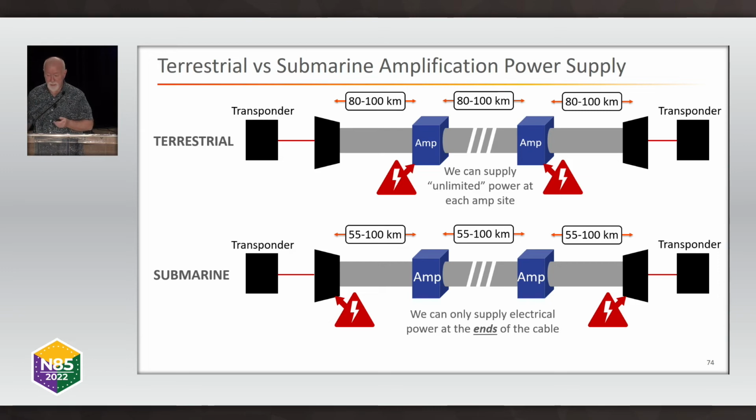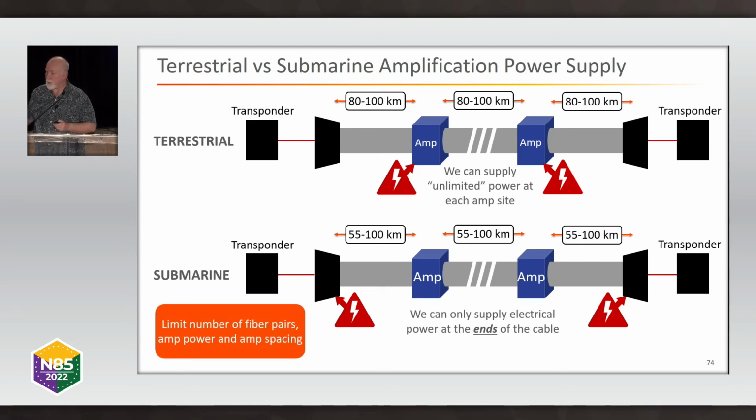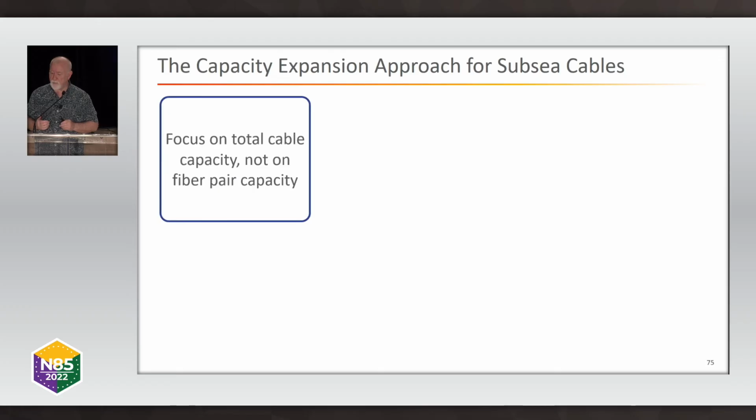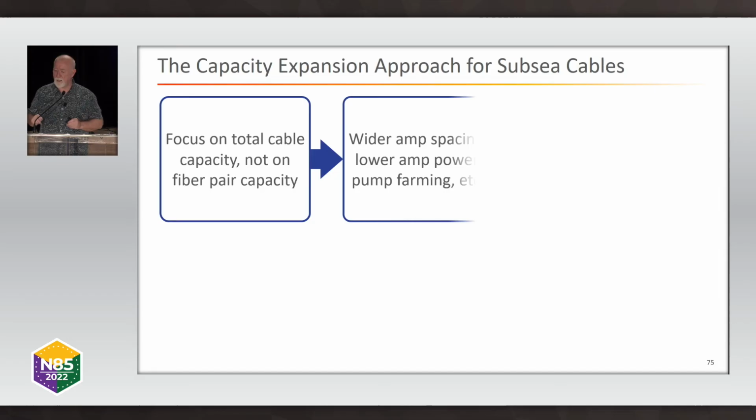And that's what's limiting the number of fiber pairs that you can fit into a submarine cable these days. So capacity expansion, the approach in submarine cables is to focus now on the total cable capacity. Previously, until very recently, the focus was on fiber pair capacity. So what happens is that by tuning for wider amplifier spacing in the cable, lower amplifier power, you can also